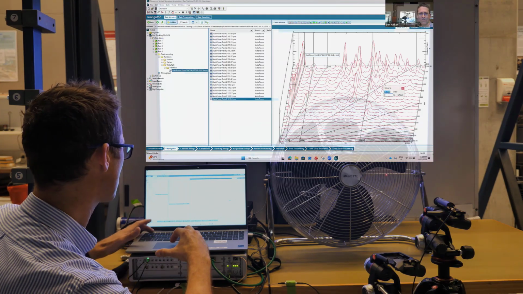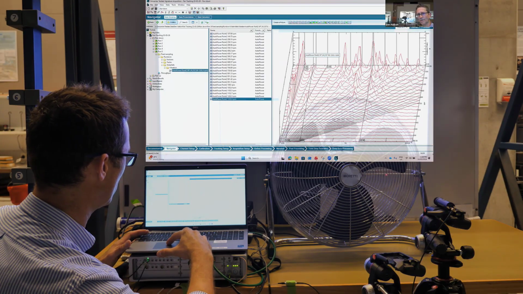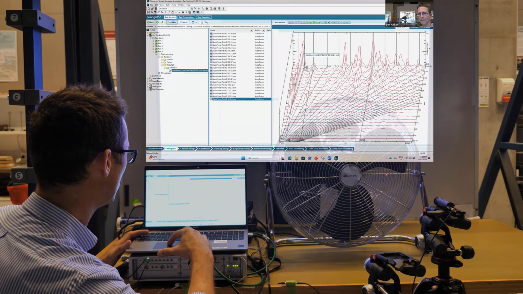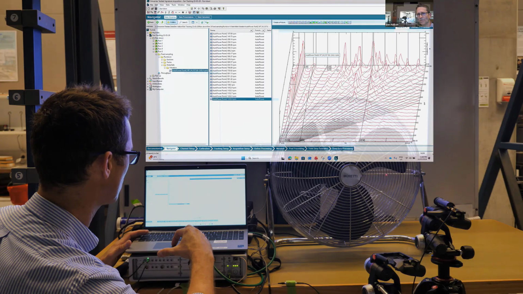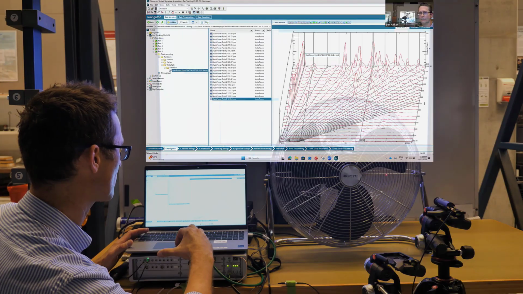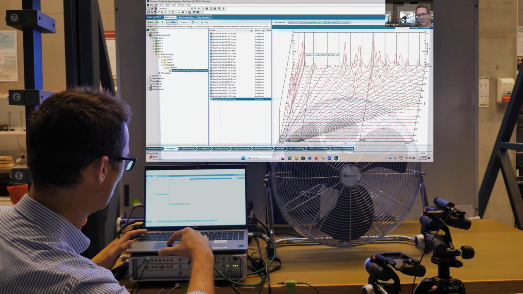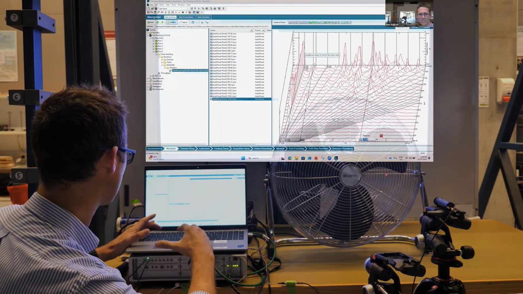If I double click the first order, I can move that to 1, and you can see that there are now 2 order cursors at 1. This is 2. 3 was already there as well, so now I've got 2 at 3, 4, 5, 6, 7, and so on. I've also got some fixed frequency cursors to coincide with those values that I extracted previously for